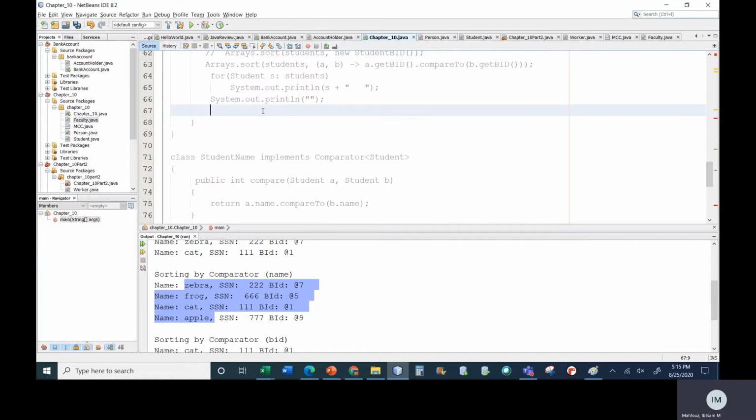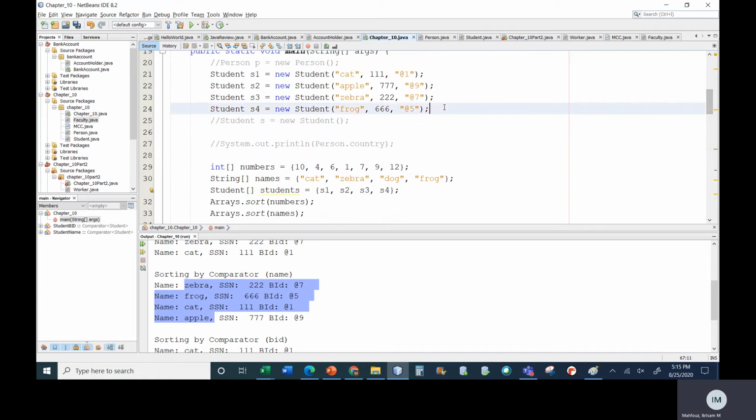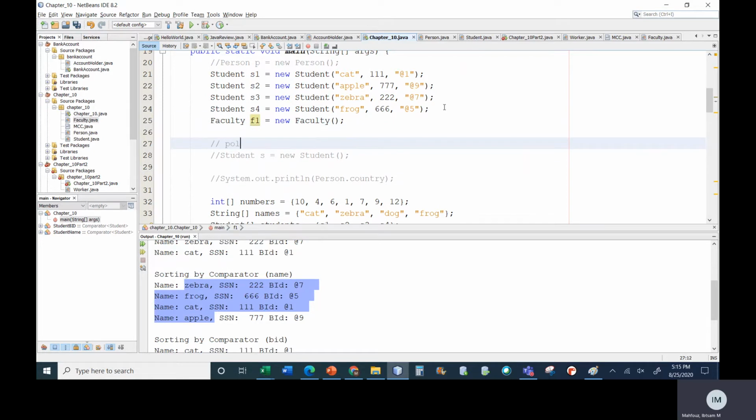That we wrote before. So I have a bunch of students that have been created. Let me just create faculty F1 equal to new faculty. And there is no purpose in creating another faculty because they're going to all look the same. What I want to show you is